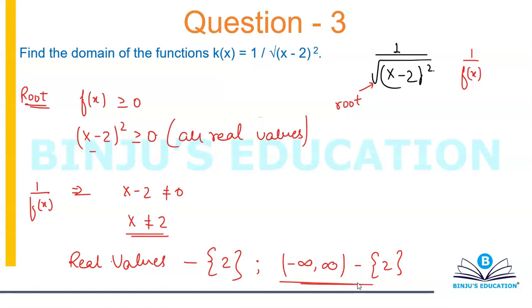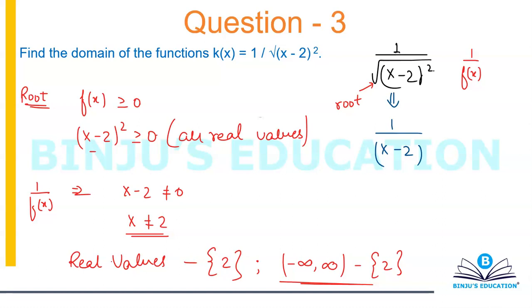Okay. Now some of you must be thinking, why didn't you simplify this function, and why didn't you rewrite this as 1 over x minus 2? Because you have a square, and on top of that you have an under root. So it's basically x minus 2 square whole to the power 1 by 2. Using the basic principles of exponents, this should become 1 over x minus 2. First of all, this itself is incorrect.